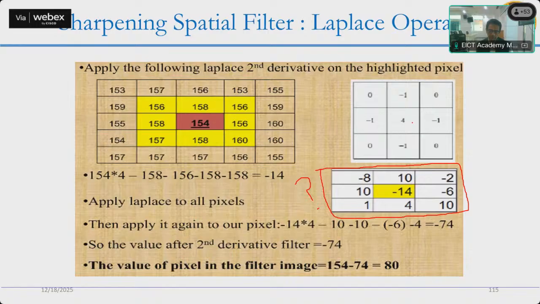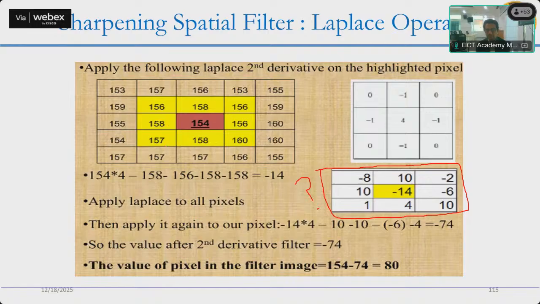So what will be its meaning? It means this 4 will be multiplied here for 158 and this 1 will be multiplied here by minus 1. So what will we get? 158 into 4 minus 156 minus 154 minus 157 and minus 155. So that you can check what you will get here. 3, 2, 5, 4, you will get 10. Are you getting it?